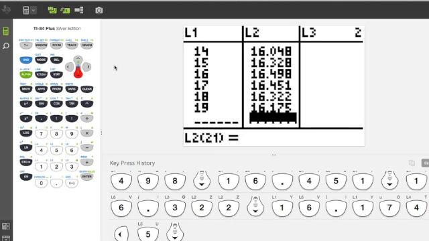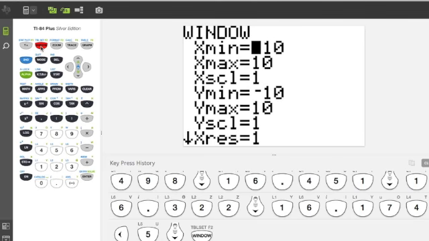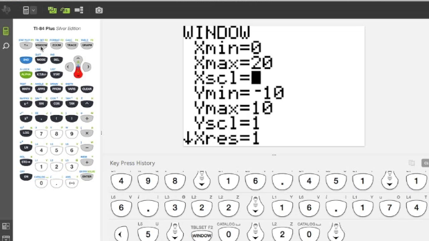Now that I've entered my data, it's good. I ended up with the same amount of data in each. Hopefully I have entered those correctly. For my window, we'll start at 0 to 20 for my x values, and my y values,